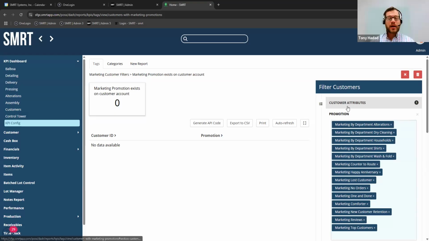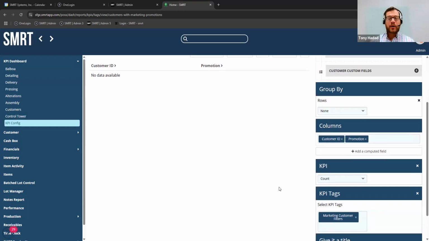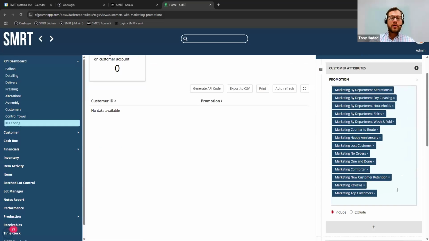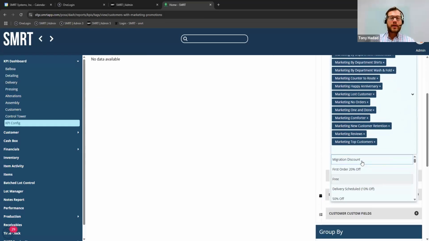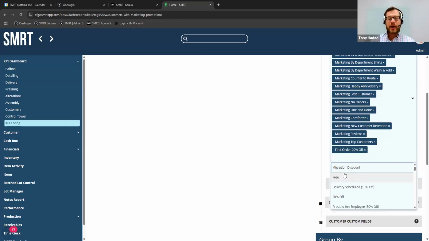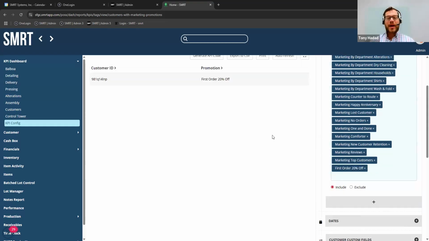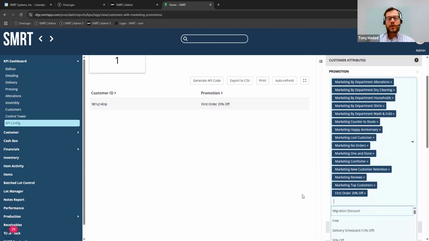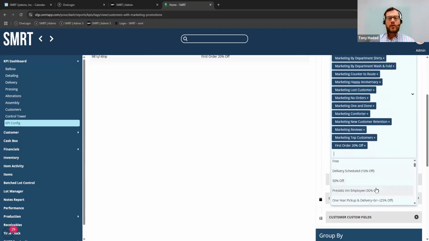So if we were to take this KPI here and adjust it to your permanent discount, that military or senior citizen, you would just create a customer KPI with any promotion as the customer attribute and select that as your item. So first order 20% or something like that. If it's a permanent discount, you add it to that list of promotions and then set that as your exclusion for either the campaign or broadcast.